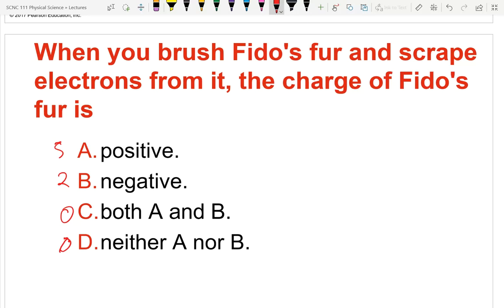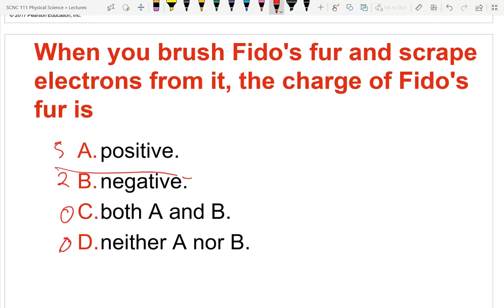Because I thought that if the electrons were... I wasn't exactly sure what the